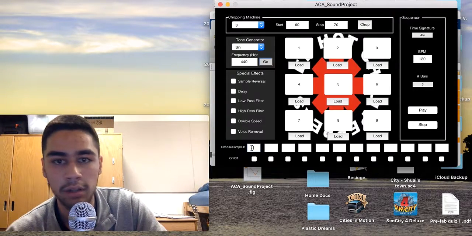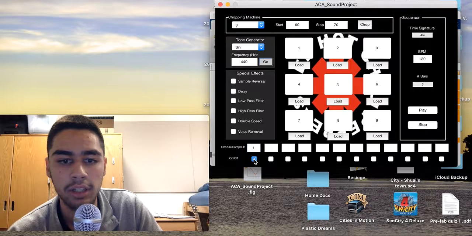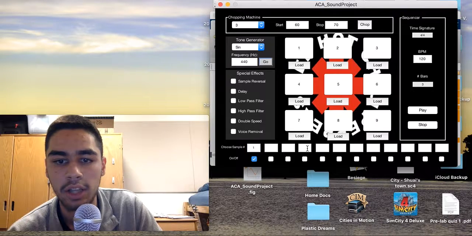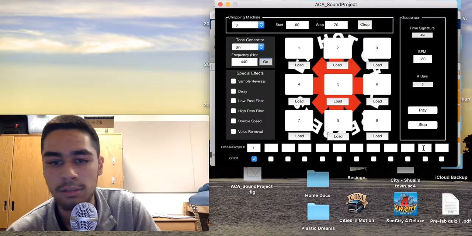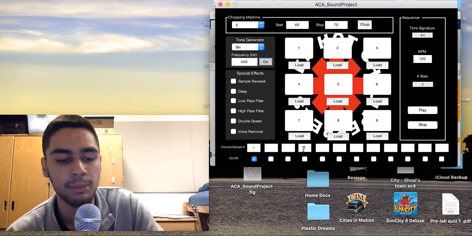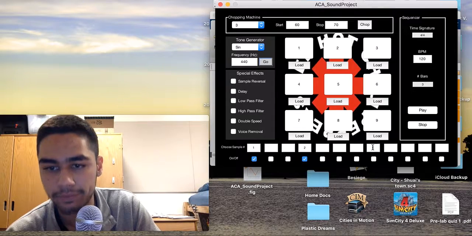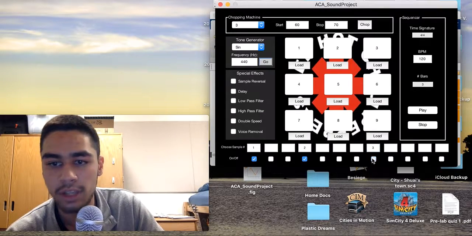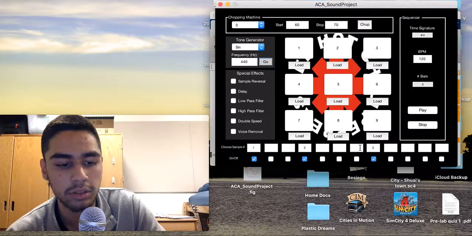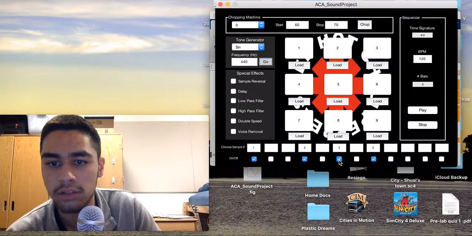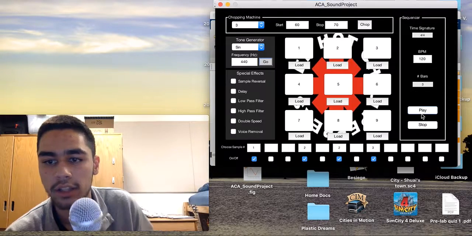So then we could put, okay, we want the first sample and toggle it on. And the user could put it at any beat that they want to start the music at. So we'll start the second song here, and you just have to toggle it off and on for the ones that you want. You can use as many, you can use all 9, you can use them as many times as you want. So let's use 2 twice, and there we go. And when you click play,